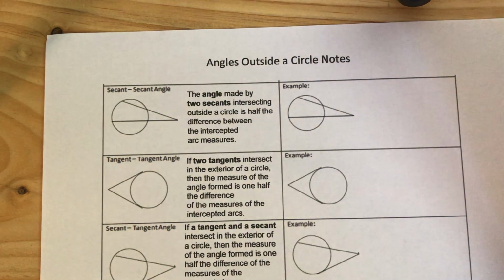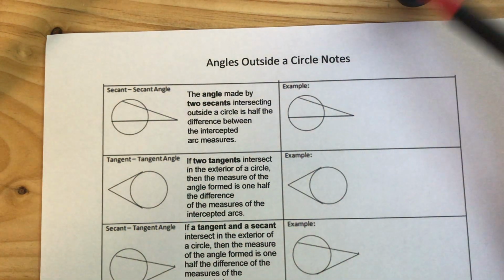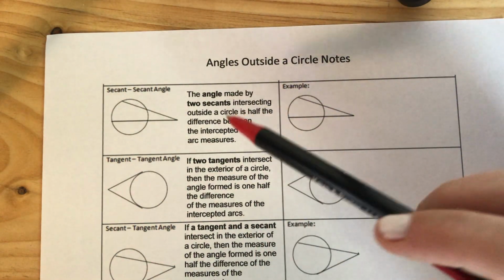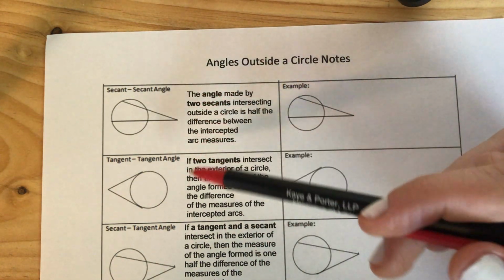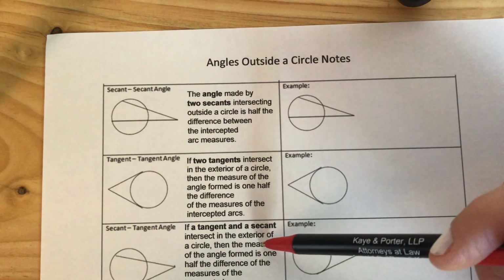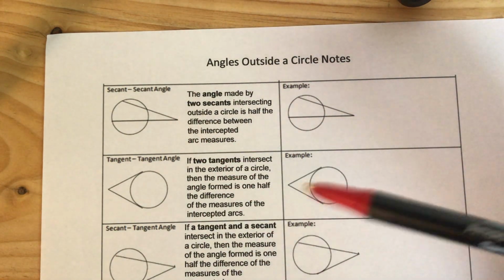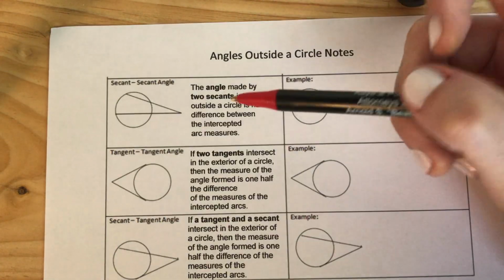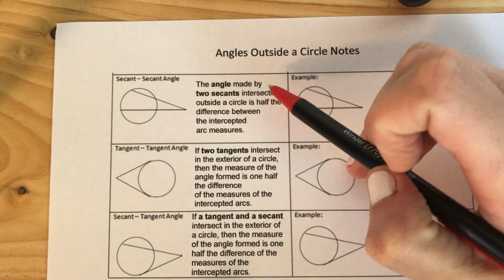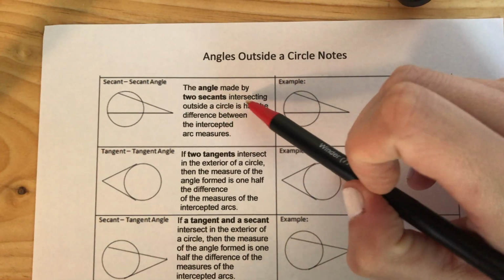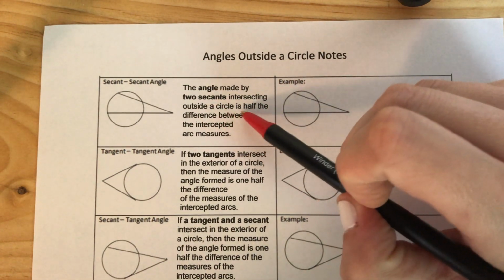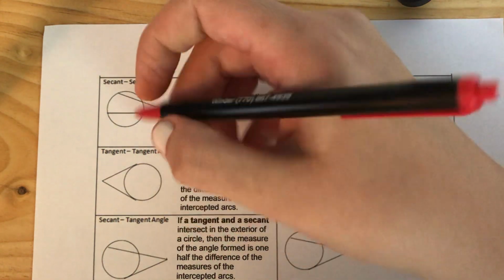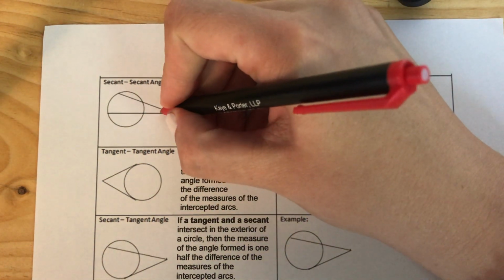All right, so this next lesson we're going to be talking about this week is angles outside of a circle notes. So basically we're going to see how all of these angles are formed outside of our circles using secants, tangents, and tangents and secants together. So let's look at this first one. The angle made by two secants intersecting outside a circle is half the difference between the intercepted arc measurements. So that means that this angle right here,